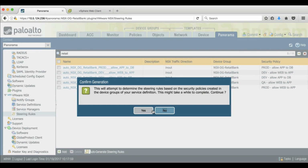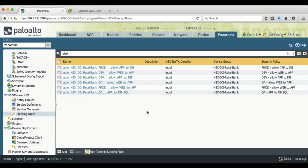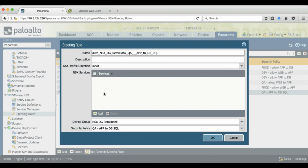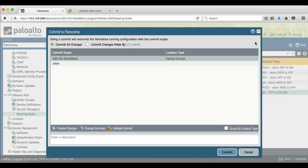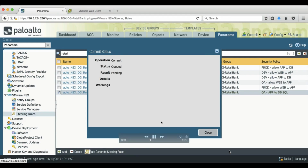Now, this is a very cool step where I created a policy, right? And then I still haven't done my traffic redirection. It happens in a single click under our Panorama tab at steering rules. So it auto-populates, it goes ahead, looks into the dynamic address groups, looks into the policies that you created using those dynamic address groups, and actually auto-populates the redirection rules. Right? This is the traffic redirection rule. You saw some NSX options there as well. So once I commit after this step, you would see it correspondingly in NSX Manager,